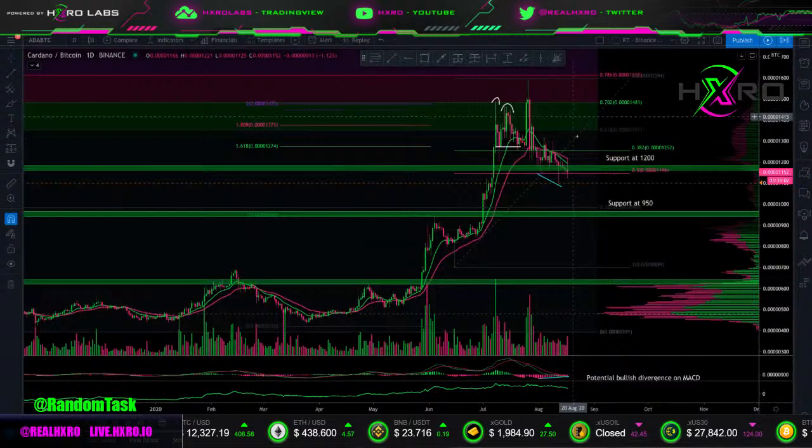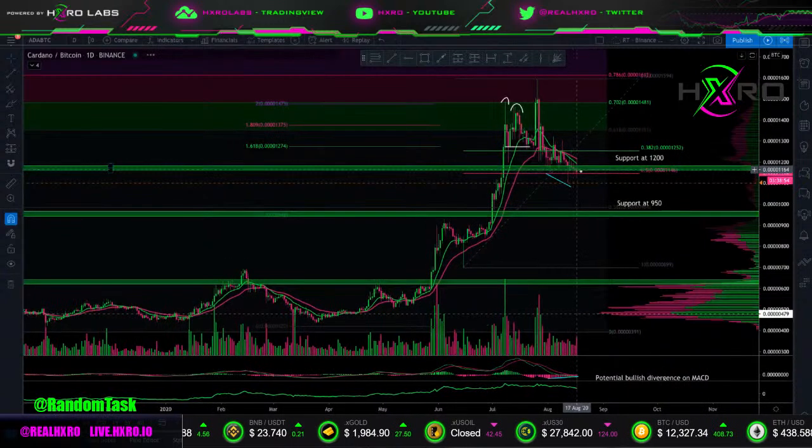Picking on ADA because I actually really liked it at this level last night. I actually did long it, and then I closed it. That was actually one of the closes I made this morning. Took a small hit because I just,